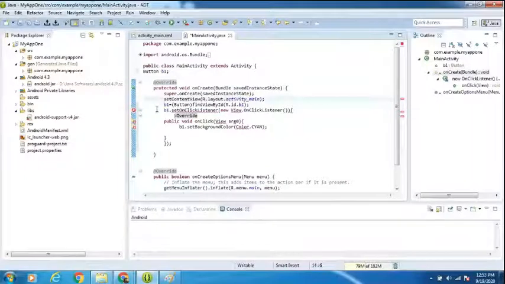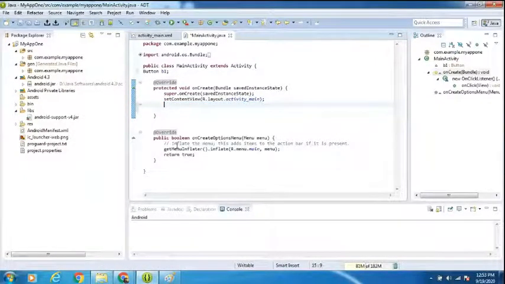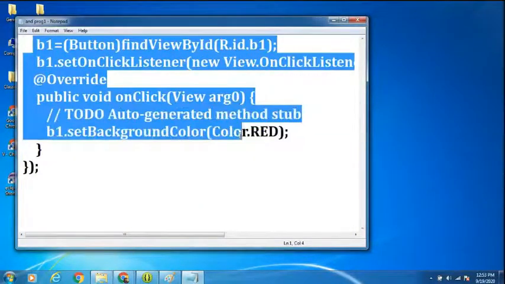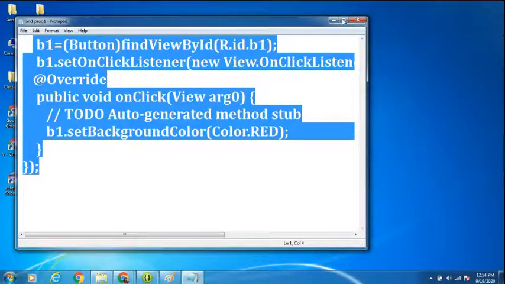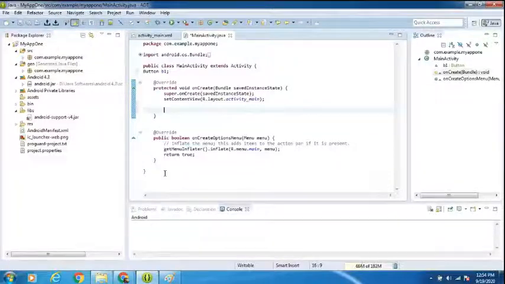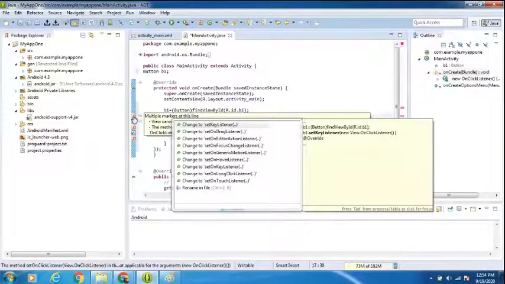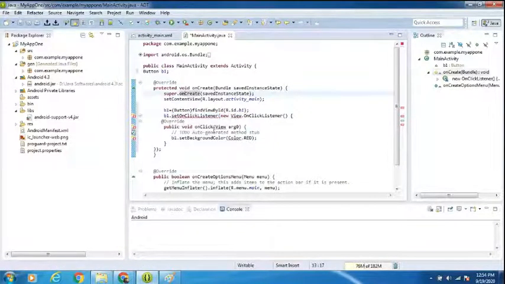This is where the class started. It is the same code, no problem. The view is not getting resolved here. setOnClickListener, there is a problem here we are getting. Wait for a while here.